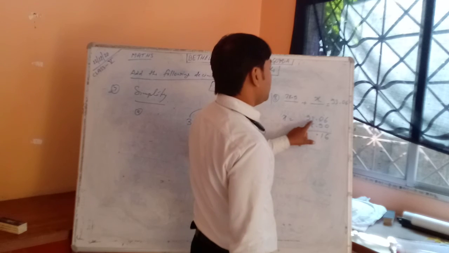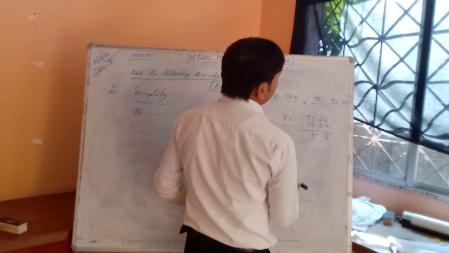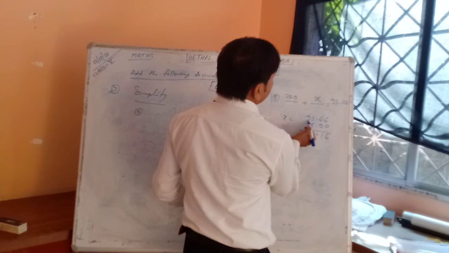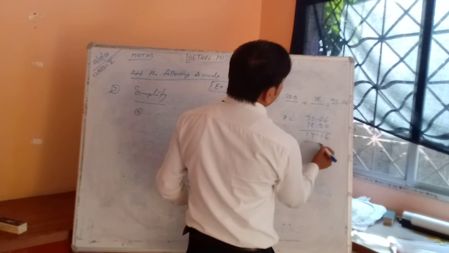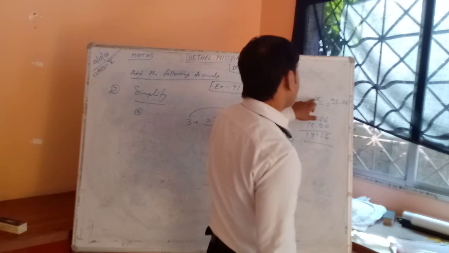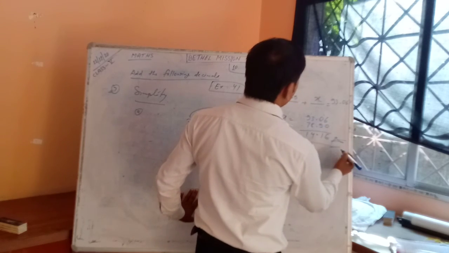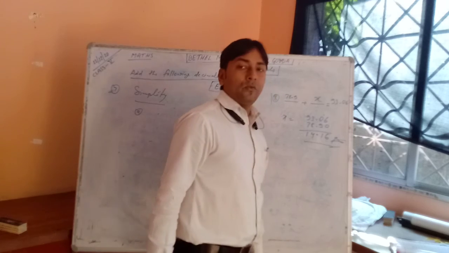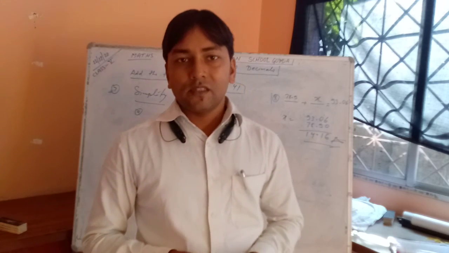We carried out 1, it became 12. 12 minus 8, 4, and now 8. 8 is left. 8 minus 7, that is 1. 14.16. If we add 14.16, it becomes this number. Okay, I hope you got it. This way you can solve the rest of the questions.